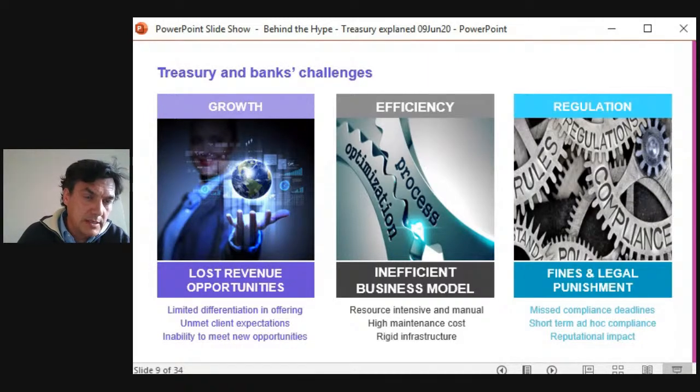But so in the end, if we look at the challenges for Treasury and for banks, all in all, there are problems with revenues and the opportunities of making more money, and this is very actual with negative rates, for example. They very often have a problem with their business model and the target operating model that is behind that business model. And the last one is very often a question of reputation.